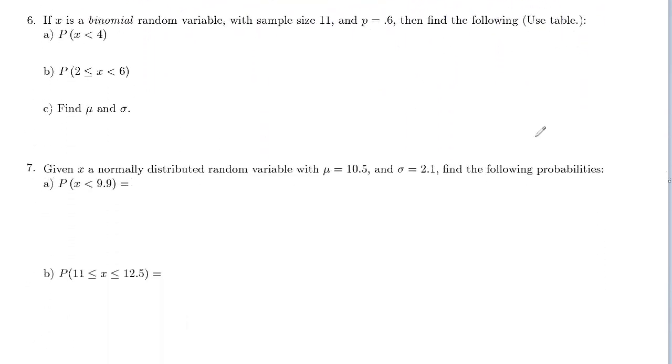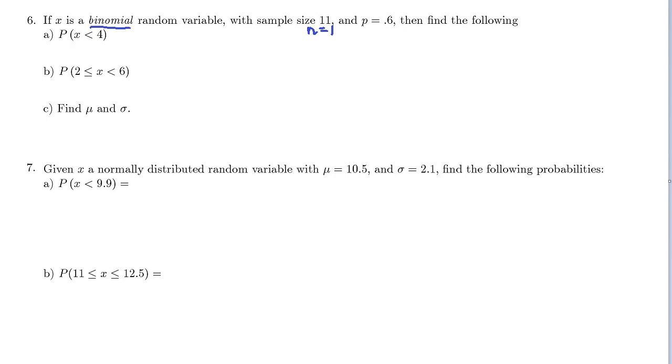Next up, we are dealing with a binomial random variable. So remember, this is where you have only 2 outcomes, success and failure. Our sample size or number of trials is 11, so that's your n. So n is equal to 11. P is 0.6, that's your probability of success. And we are going to use the calculator to